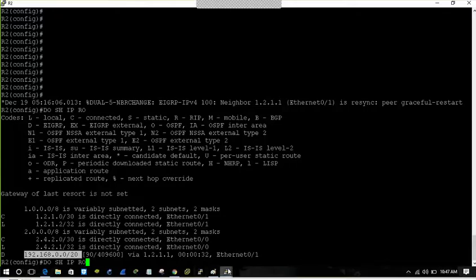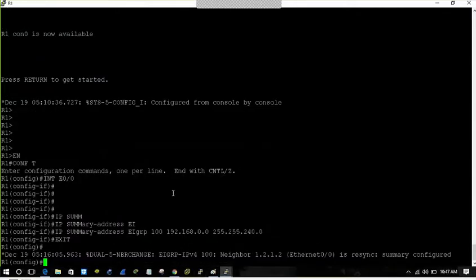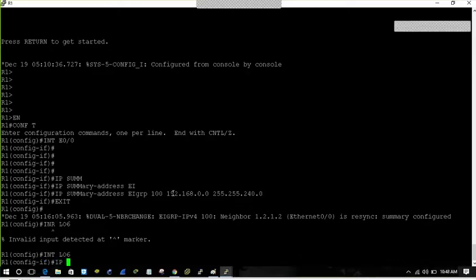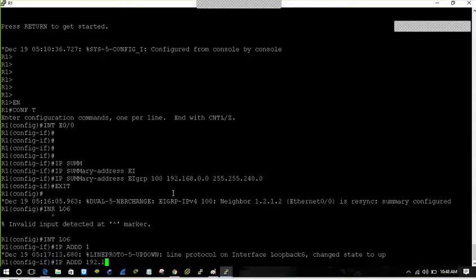For example, if I make another loopback, interface loopback 6, and IP address of 192.168, let's say I have done 16.